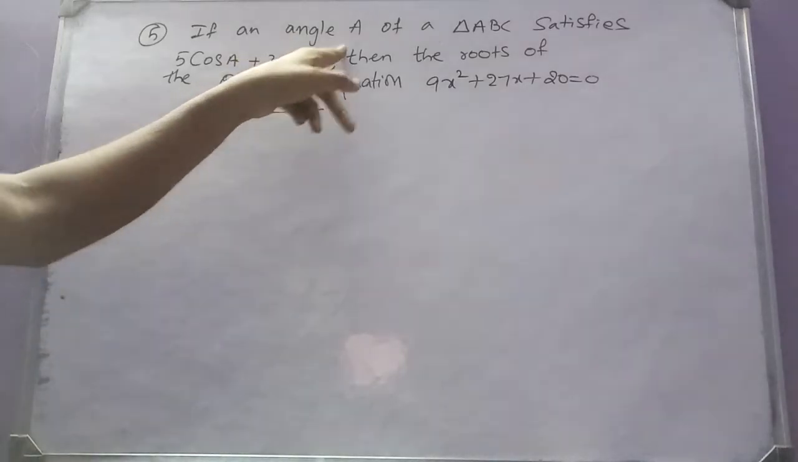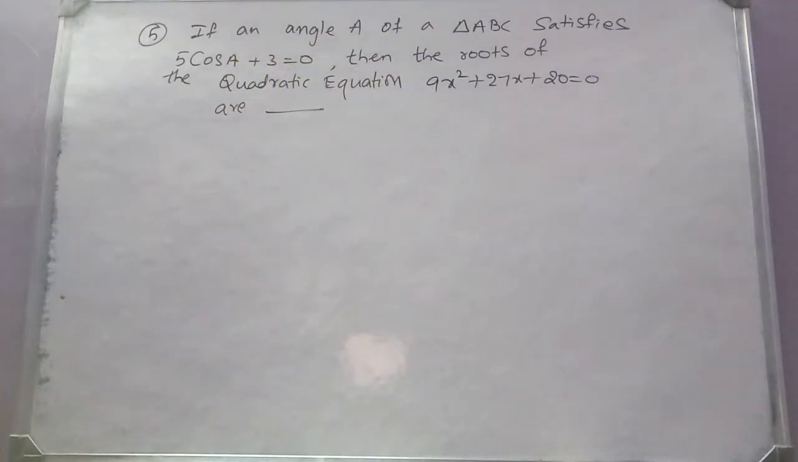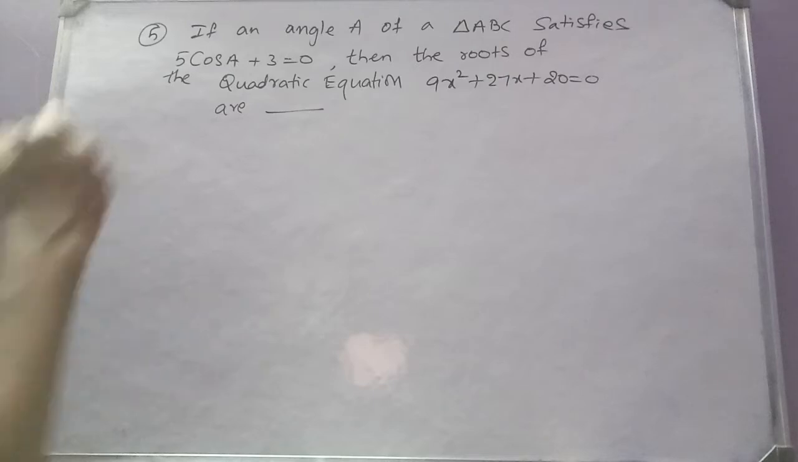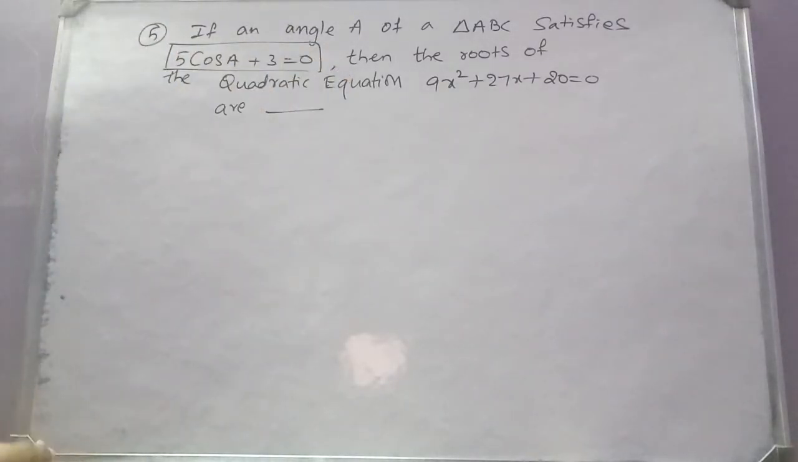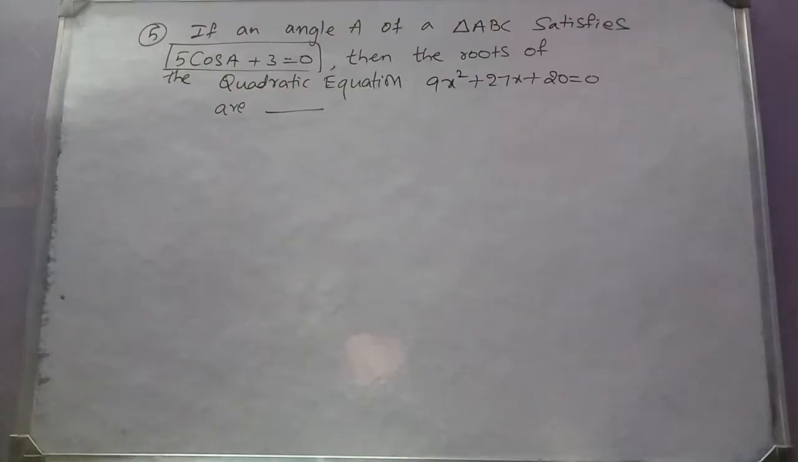If an angle A of this triangle ABC satisfies this condition, 5 cos A plus 3 equal to 0, then what are the roots of this quadratic equation? What are the roots of this quadratic equation he is asking? So first of all,